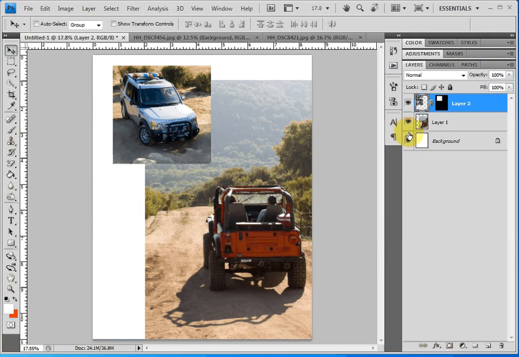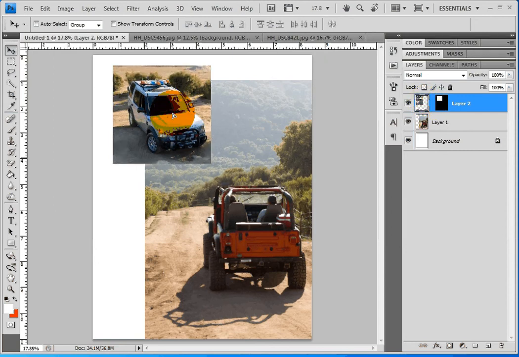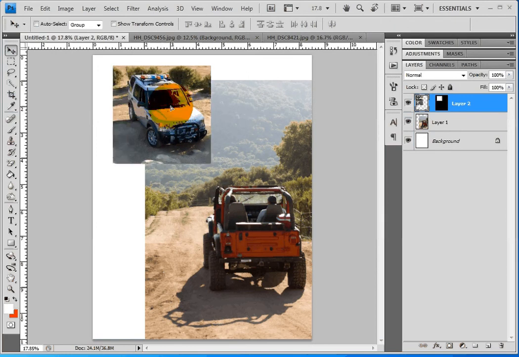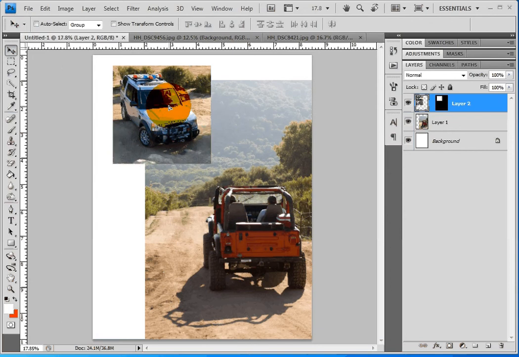So we can actually edit what that looks like. The more advanced your selection, the more advanced this shape's going to be. Now, just like anywhere else where we have the little chain link, we can unlink these. These are linked together. And so if I were to move this now that I'm selected on the image, if I use my move tool, you can see the image moves within that selection. So this works really well if you're trying to crop something and need to move it around. But almost always we're going to have it linked together so that if we move it, it moves the mask